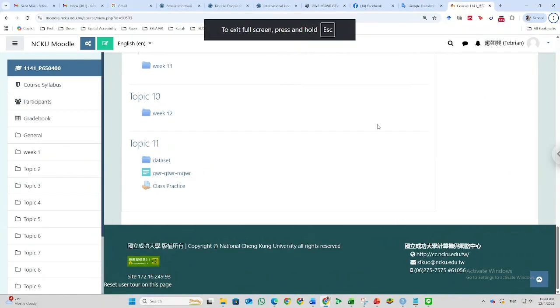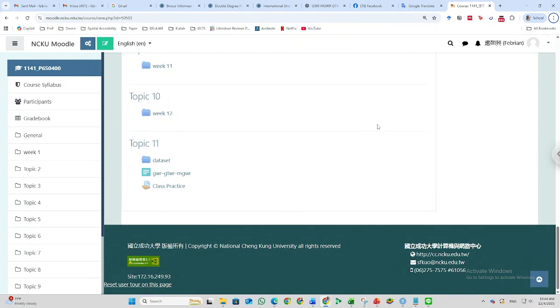In this video, I will explain how to use R code to run the GWR, GTWR, and also MGWR model. Make sure that before you watch this video, you have already watched the explanation about the theory of the GWR, GTWR, and also the MGWR in another video. So make sure you have watched the other video before watching this one.